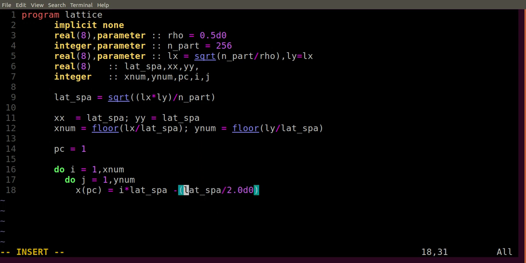So I am starting to fill up the whole square lattice from a by 2 and a by 2.